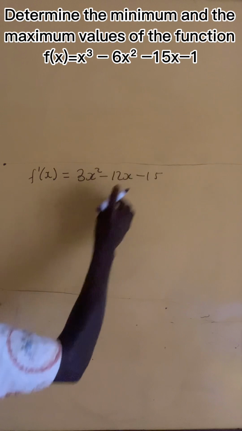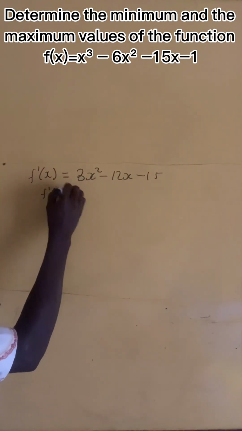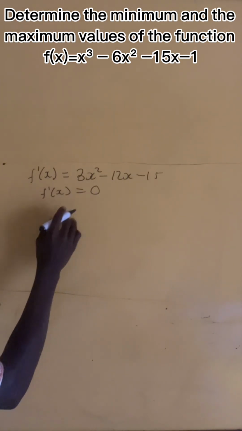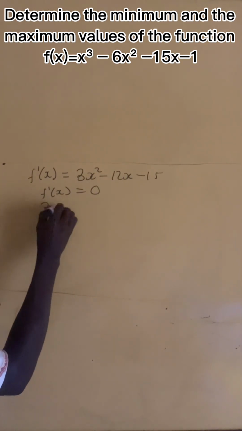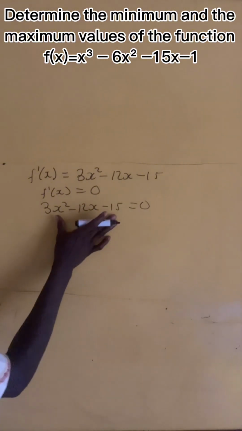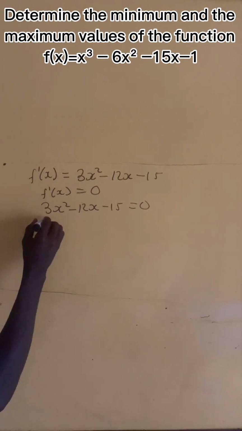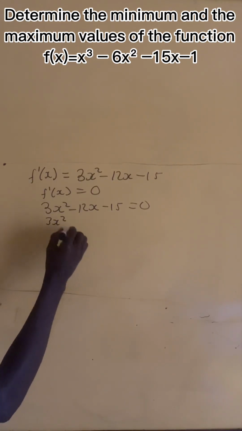Now here we need to satisfy the first condition. That is at the turning point f prime of x equals 0. This means that we have to equate 3x squared minus 12x minus 15 to 0. This is a quadratic equation. You can solve this equation using any method that you like, but this quadratic equation can be factorized, so I'm